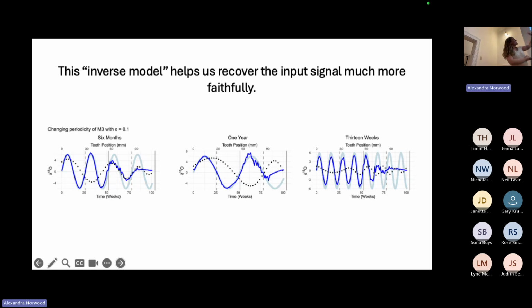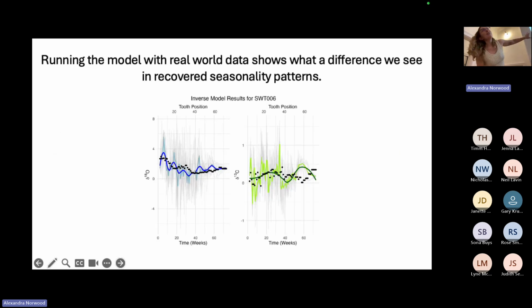The reason that things get iffier after 50 weeks is because, like I mentioned before, that's when tooth growth starts slowing down significantly. So we're averaging a lot more time in each piece of enamel. We're losing the fidelity of that signal. But it's really exciting that we're able to do this because I want to show you some real world tooth data now.